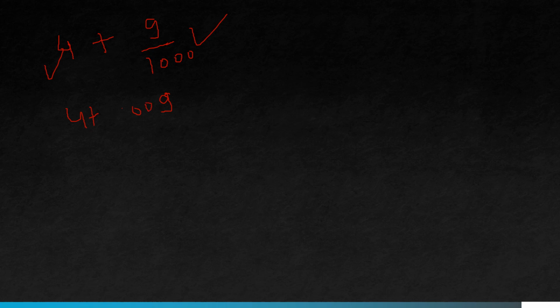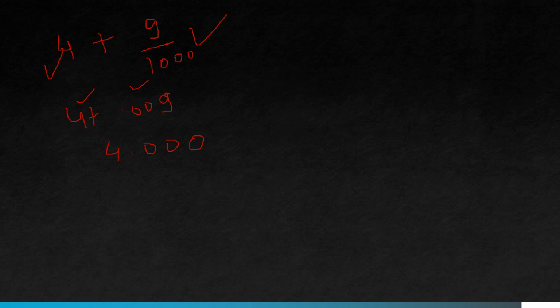0.009. Okay, now you can add, but how will you add the decimal number to a whole number, because all these are unlike decimals, right? We have to convert this unlike decimal into the like decimal first. So because in this we do not have any decimal, you can put one decimal, and how many zeros can you add? 3 zeros. Why are we doing this? Because these two terms are an example of unlike decimals. We have to convert this unlike decimal into the like decimal.